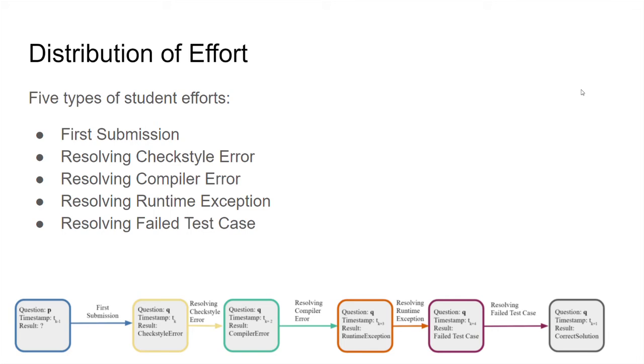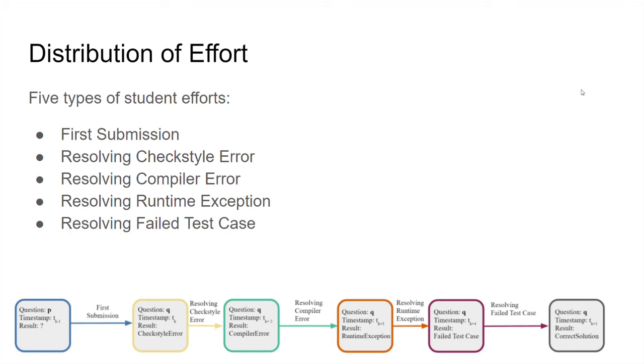For distribution of effort, we identify 5 types of student efforts: first submission, resolving check cell error, resolving compiler error, resolving runtime exception, and resolving failed test case. We sum up the time students spent in each resolving category for the given question variant. The metric provides further insight on a particular sticking point on a particular variant and also provides quick insight on